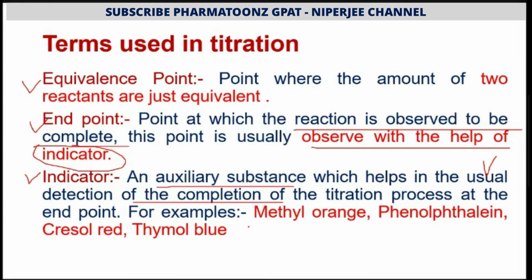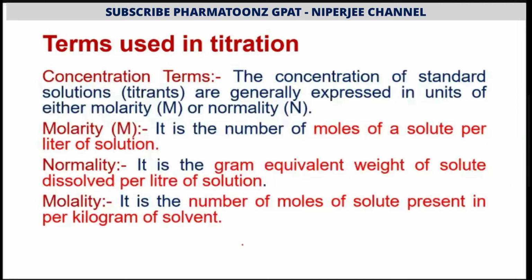In acid-base titration, in precipitation titration, in each and every titration we have to use an indicator. The purpose of the indicator is to give an indication that the reaction is completed, and it is shown by a change in color. Whatever the color at the starting process, before adding the titrant to the conical flask, at the end of the reaction the indicator shows a color change. These are the various indicators; we'll see them in detail.